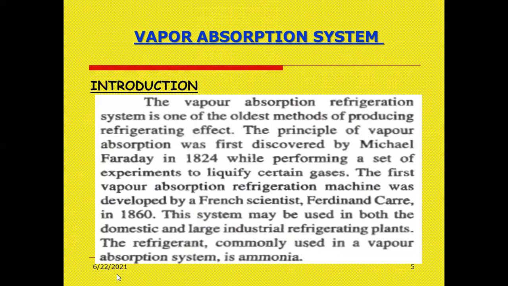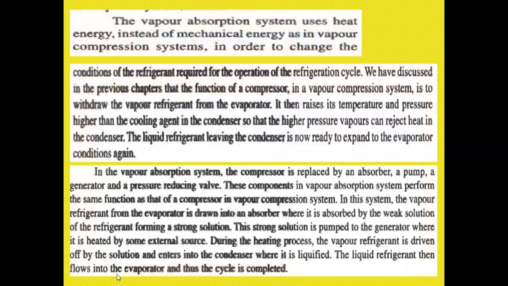It uses ammonia. Next, the vapor absorption system uses heat energy instead of mechanical energy. So in case of using the mechanical components, mechanical energy, it uses which one? Heat energy, as in a vapor compression system, in order to change the conditions of refrigerant required for operation of